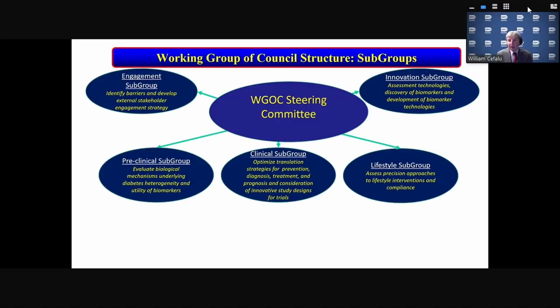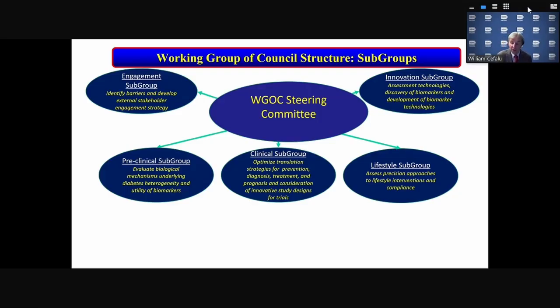So we're about 18 months into our working group structure, and the working group is going to provide recommendations to our institute at the highest level on recommendations, rationale, and scientific opportunities to move forward. And so we will be presenting this report, and we got the first draft this month, and the subgroups that have been involved: engagement, identifying barriers to develop external stakeholder strategy, a preclinical group, a clinical group, lifestyle, and an